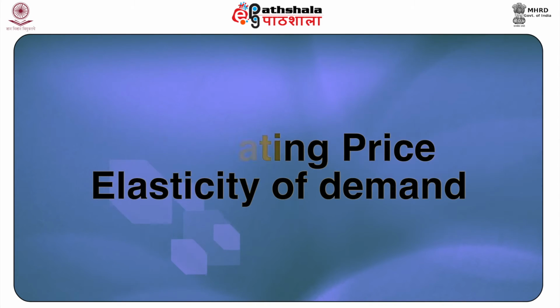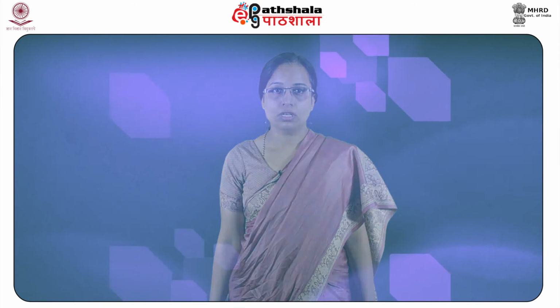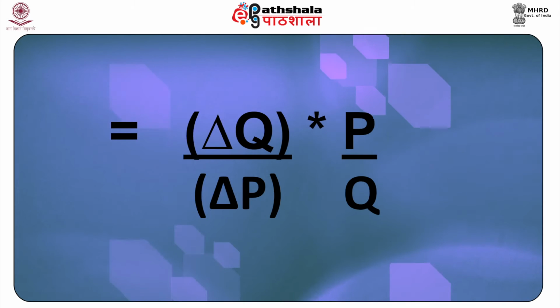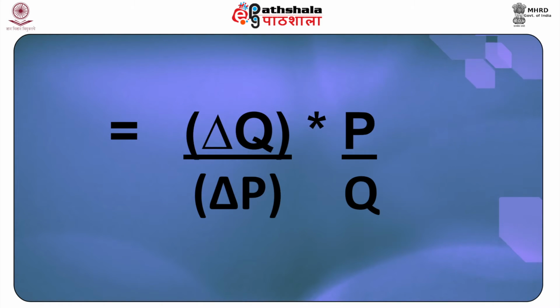Calculating the price elasticity of demand. The mathematical formula for calculating price elasticity of demand is given by the following equation. Change in Q by Q multiplied by 100 divided by change in price divided by price and multiplied by 100. That is equal to delta Q by delta P multiplied by P by Q, which is equal to the inverse